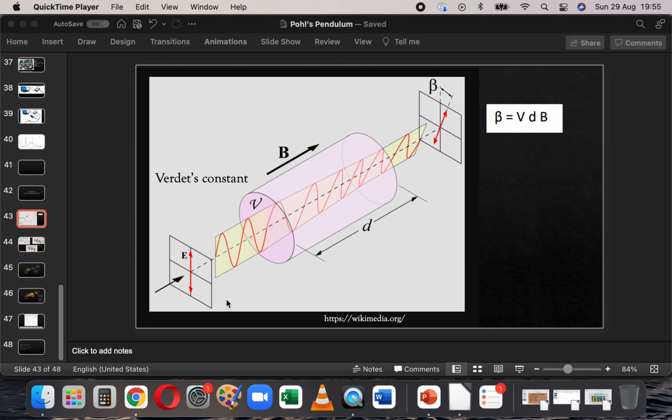the given direction, and the light enters the material along the direction of the magnetic field, and the light has got a polarization perpendicular to the direction of the magnetic field, and for such a beam, when it exits out of the medium, the plane of polarization is rotated by an angle beta. So this is the initial plane of polarization, and when it comes out, the plane of polarization is rotated by